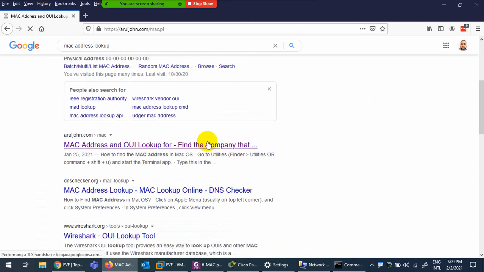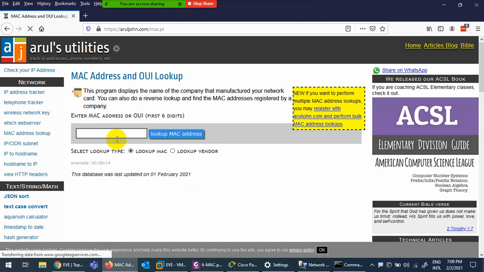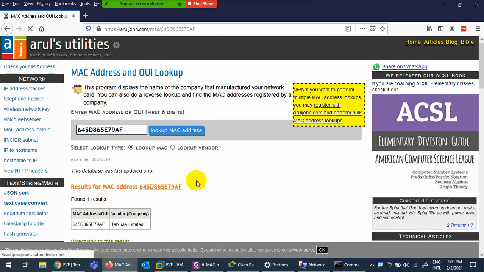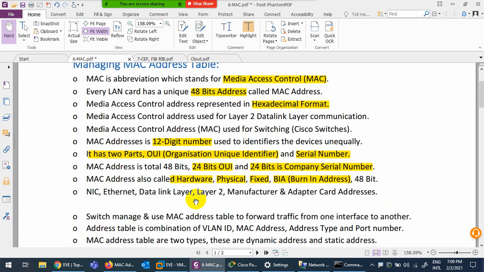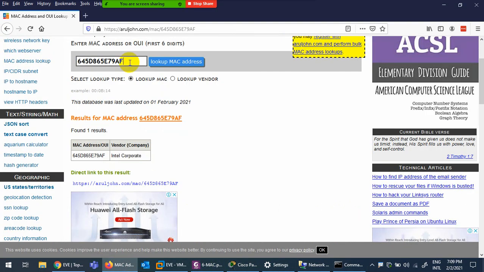Let's go to this one and let me paste and look up the MAC address. What do they say? They say it's an Intel Corporation MAC address. How do they know? Because I told you the first 6 digits are assigned to the company, the organization unique identifier. Even if I delete the last 6 digits, it will still look up.